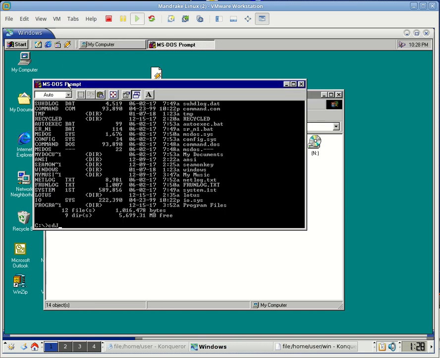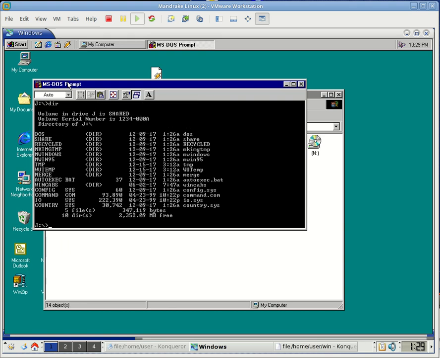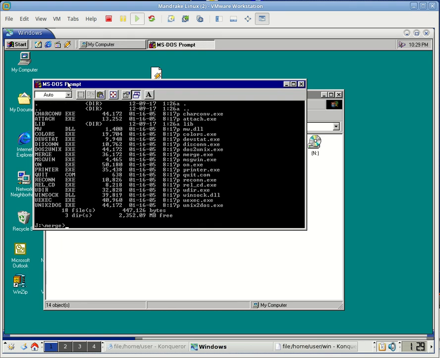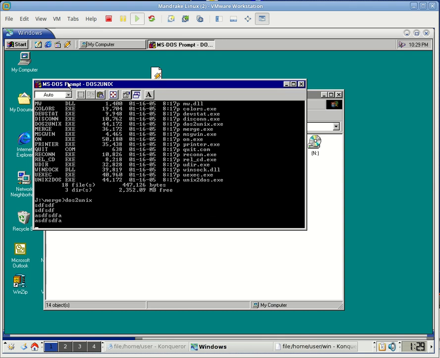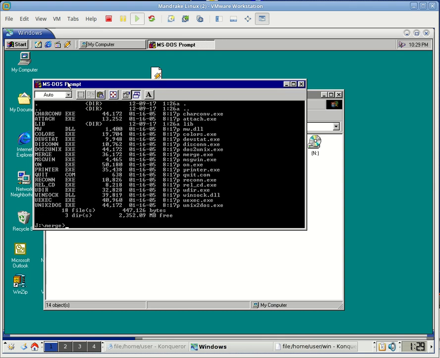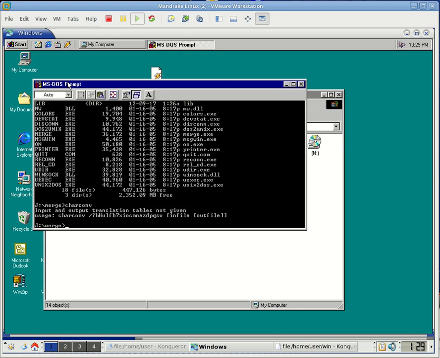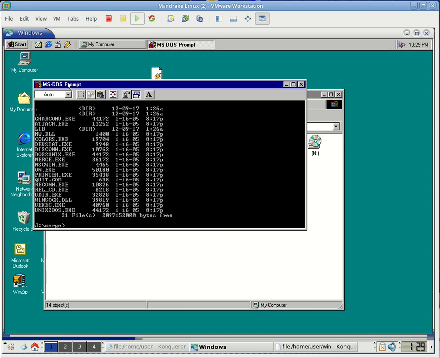J is the directory. So, go into J, and you will find the merge directory. And in the merge directory, we will find such programs as DOS to Unix, WinSock, Unix to DOS, Char Convert, translation tables not given, UDIR. Fun stuff. Weird. Anyway,